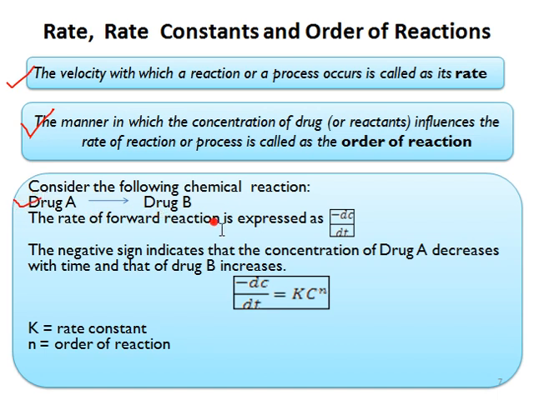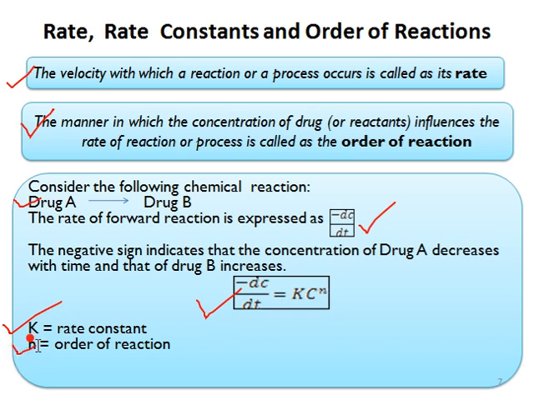the rate of forward reaction will be explained as minus dC upon dt, where C represents the concentration of drug A. The negative sign indicates that the concentration of drug A decreases with time, and on the other hand, the concentration of drug B will increase. So the generalized equation to determine the rate of reaction will be minus dC upon dt is equal to K C raised to small n, where capital K is the rate constant of the reaction and small n is the